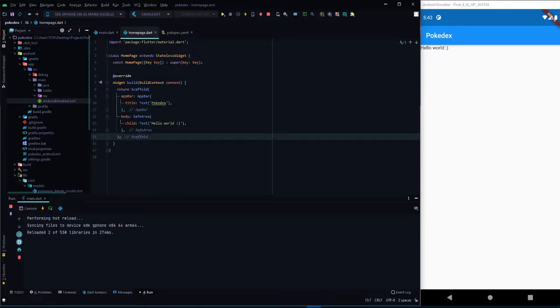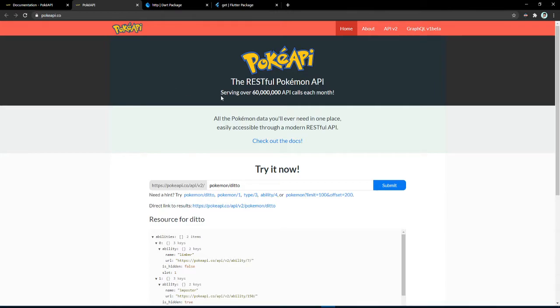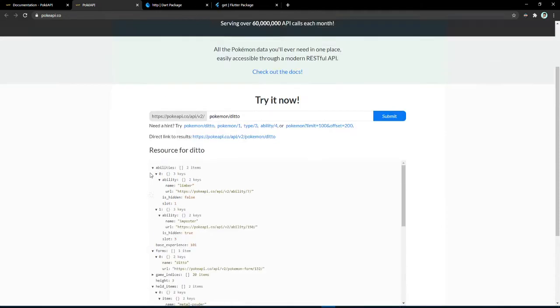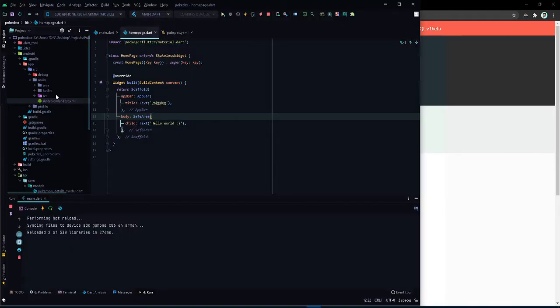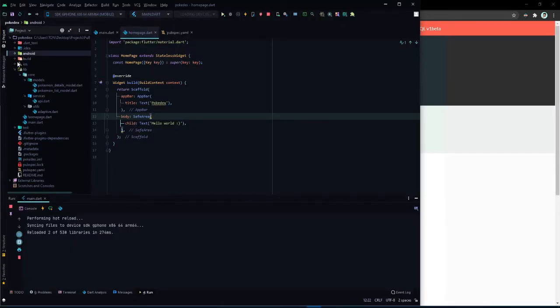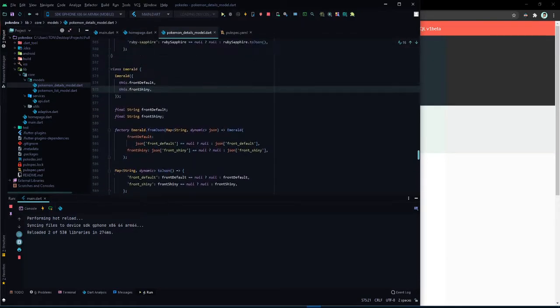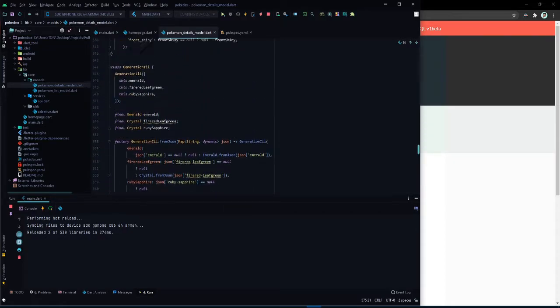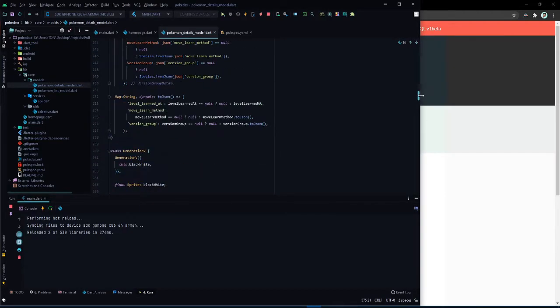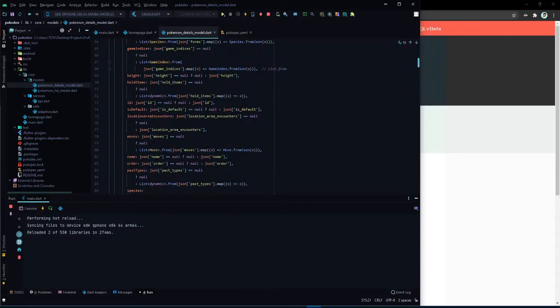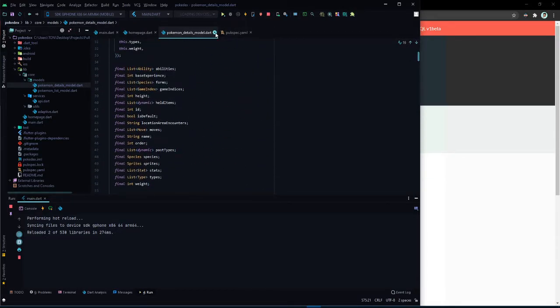Hey guys, so today we're building a Pokedex using a Flutter app. We're going to use the PokeAPI.co and we'll see what we can build. I have already set up our models so we don't waste time parsing every inch of the properties. So yeah,